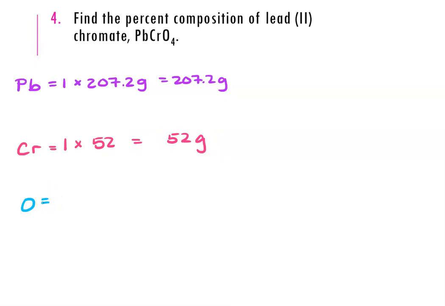And then oxygen, I have 4 of, and each of those has a mass of 16 grams, so I have a total of 64 grams of oxygen. All right, so now I'm right back where I was with the other problems, where I now have the masses of all my elements, so I can just add them together to get a total mass, which is going to be